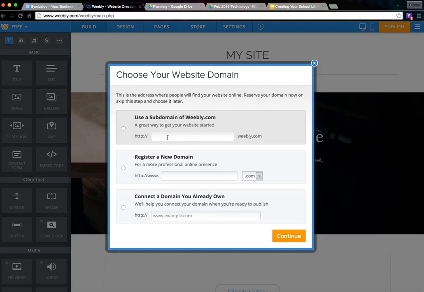The next thing it's going to ask you to do is to pick a domain name. And so they're all going to be .weebly.com if you want a free site. If you want something that is more specific and it's not going to end in .weebly.com, then you're going to choose from down here, and you're going to have to pay for those sites. So that's just a little heads up on that. But I just want to give you an example of